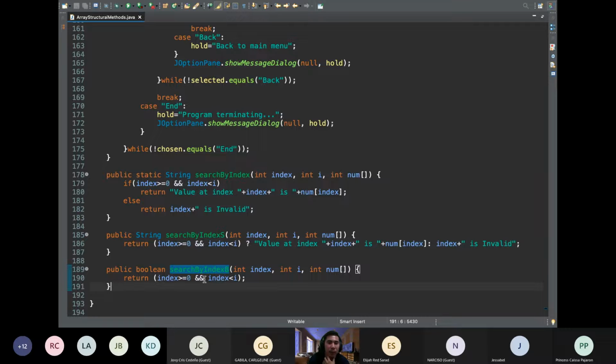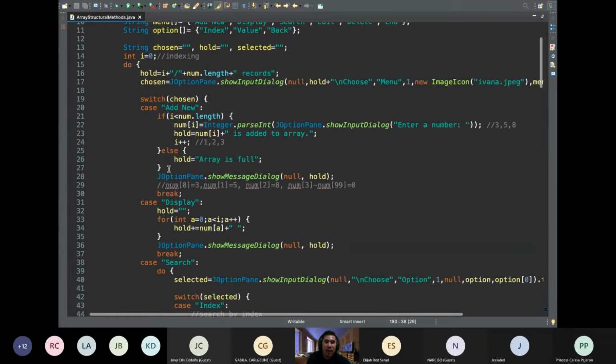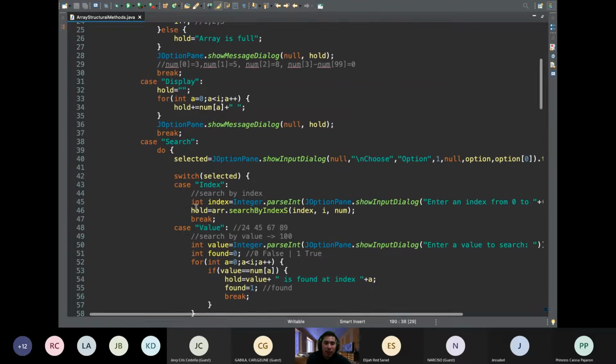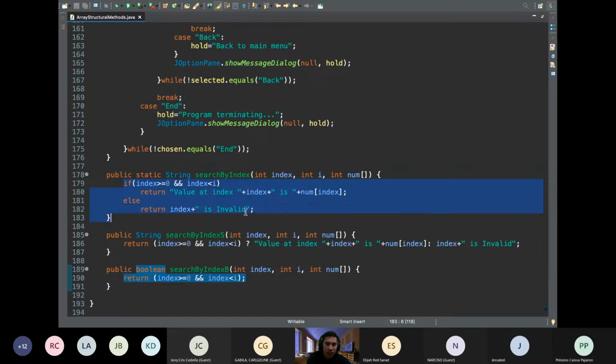So public boolean search by index B. So with this, kani siya di na lang nato ni balik-balik. Instead na balik ko nato ni siya og if condition dito sa taas, atong buhaton would be this one na lang. Asa naman to na part. So for instance, dire ibalik nato tong ibalik lang gyapon nato ni siya kasi we'll need to do